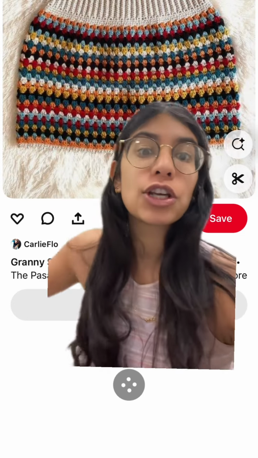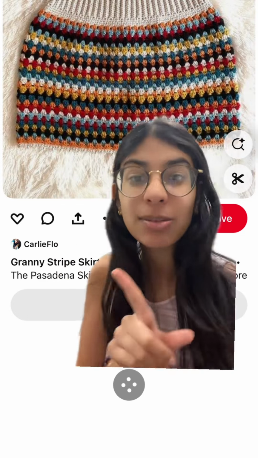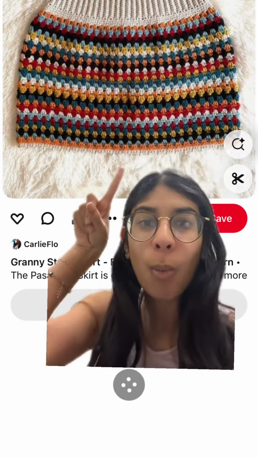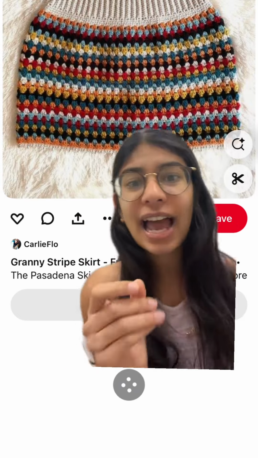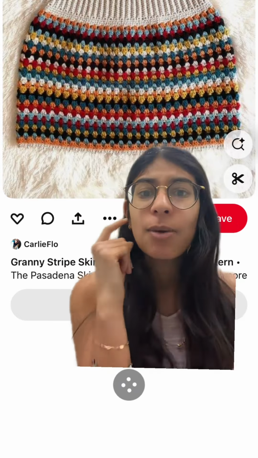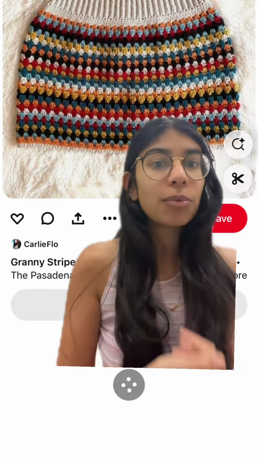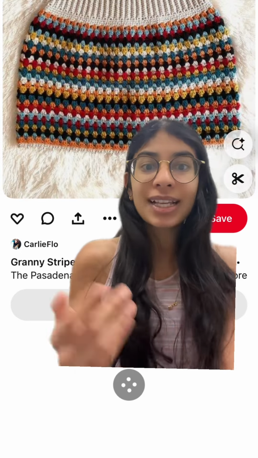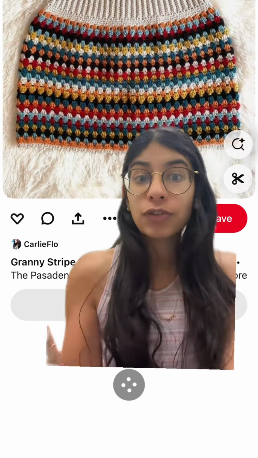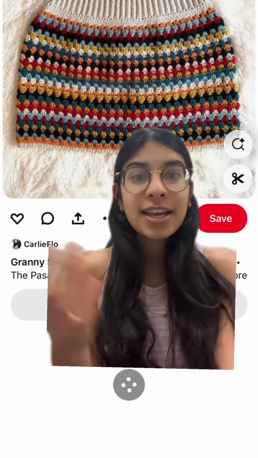Skirts, sweaters, scarves, you name it, and I like to test myself. I like to say, okay, what stitch are they using? And I have to then start thinking about it, because if you see a piece in the future and you know what stitch it is, that's like step one of being able to recreate it, right? But besides actually having the correct colored yarns, if you're trying to recreate it to the T, it's what stitch